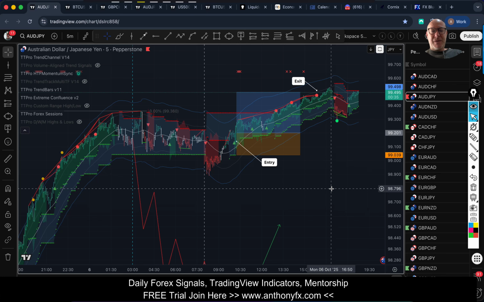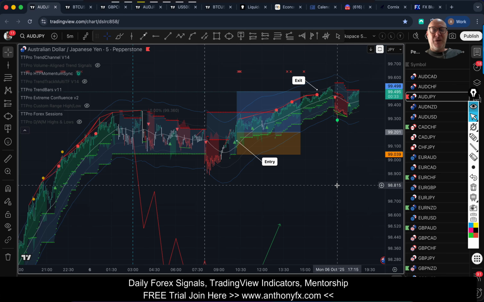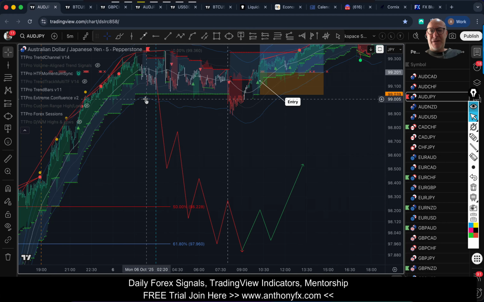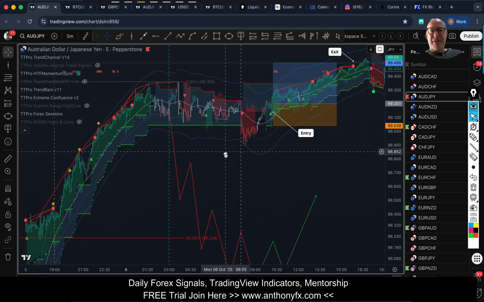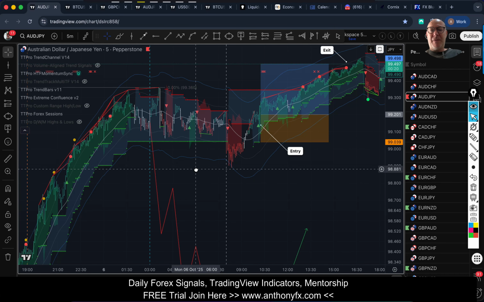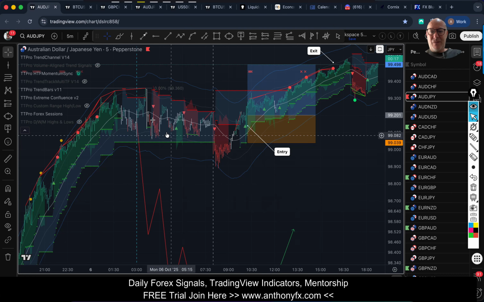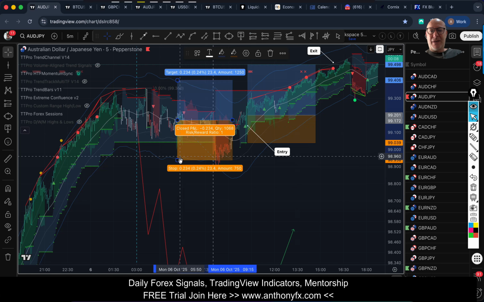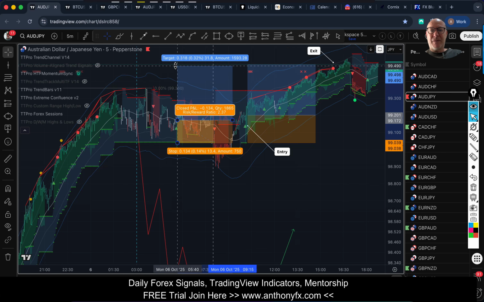Now, I'll admit this one was a little bit tricky, but if you follow this to the T, you can't go wrong, right? This was the idea, and I was hoping for a deeper pullback, but the instruction was let it turn red and then take the green signal. Right, now we had one through London, so follow the protocol, that's fine. This was a valid green signal right there. There's your stop loss level. Go for a 2R target by default, but we're going to alter that.